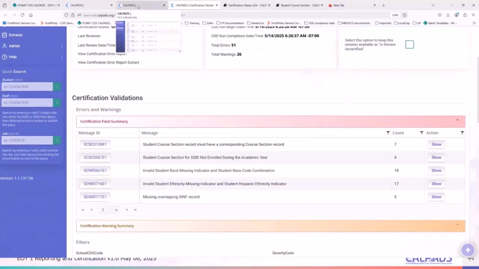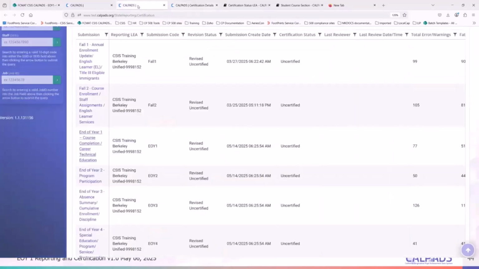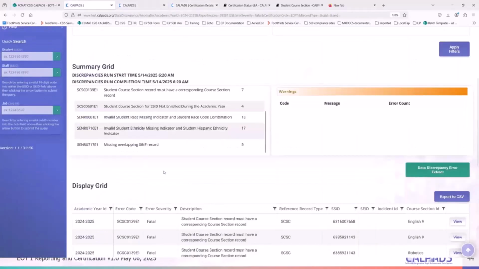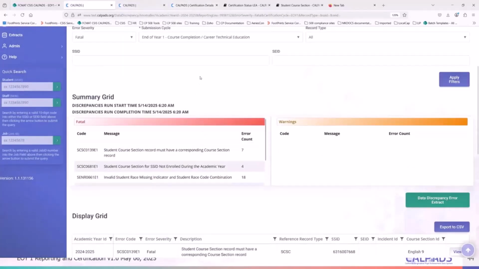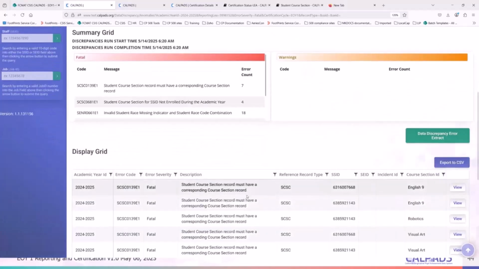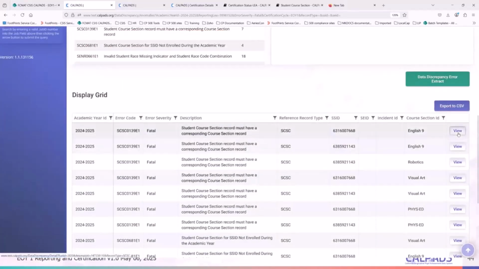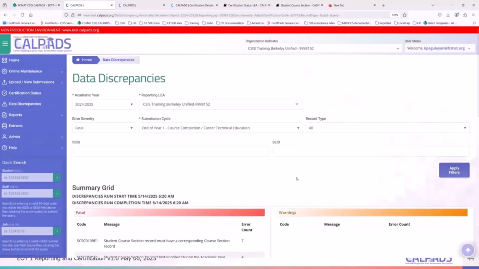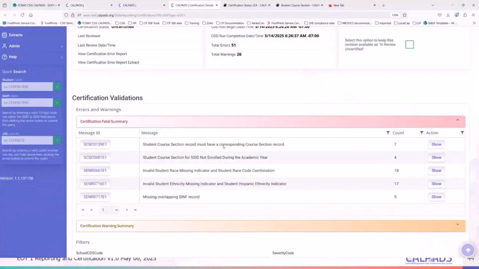When correcting data or errors, I would rather go to your data discrepancy page, because once you correct an error, it will say no record found when you click on a specific record that triggered an error. That means you already have initial feedback that you fixed the error. It's just a matter of waiting for CalPads to refresh itself, pick it up, and update the snapshot revisions in here.